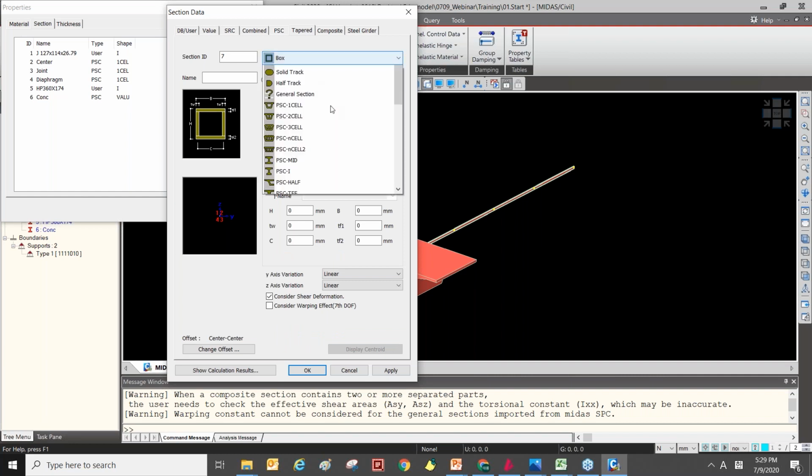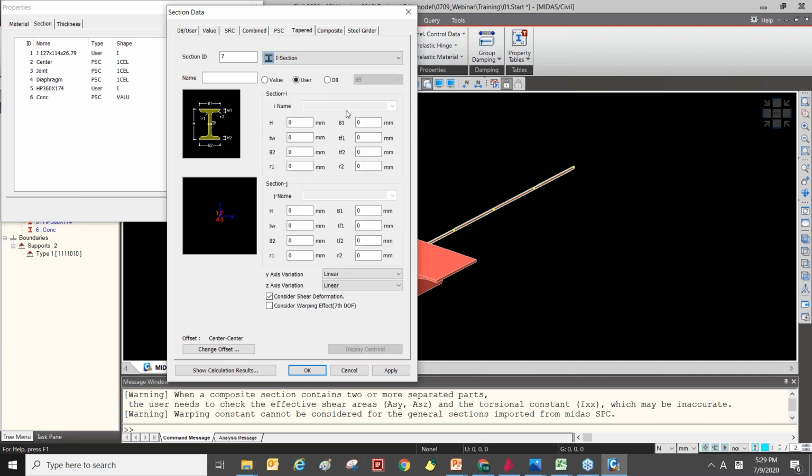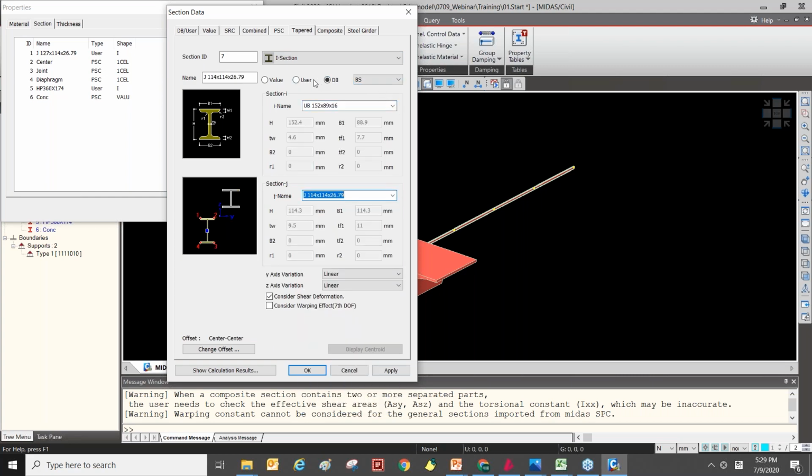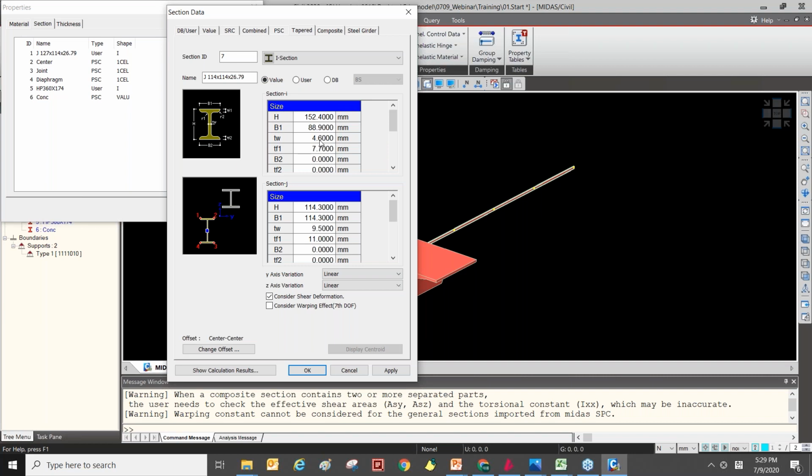And also, if you choose some typical section, you can import the section from the database. And also, you can input the dimensions of the section directly. And also, you can input the section properties directly here.